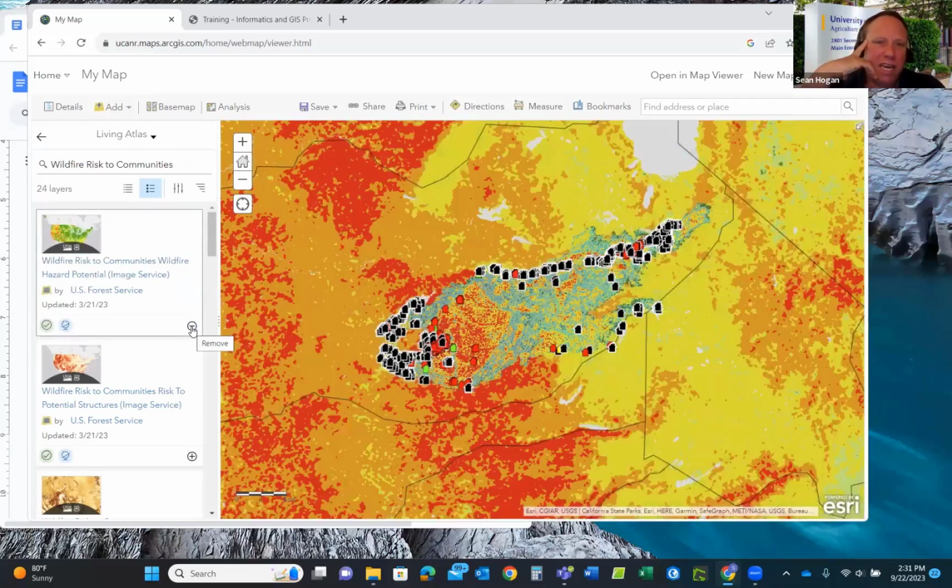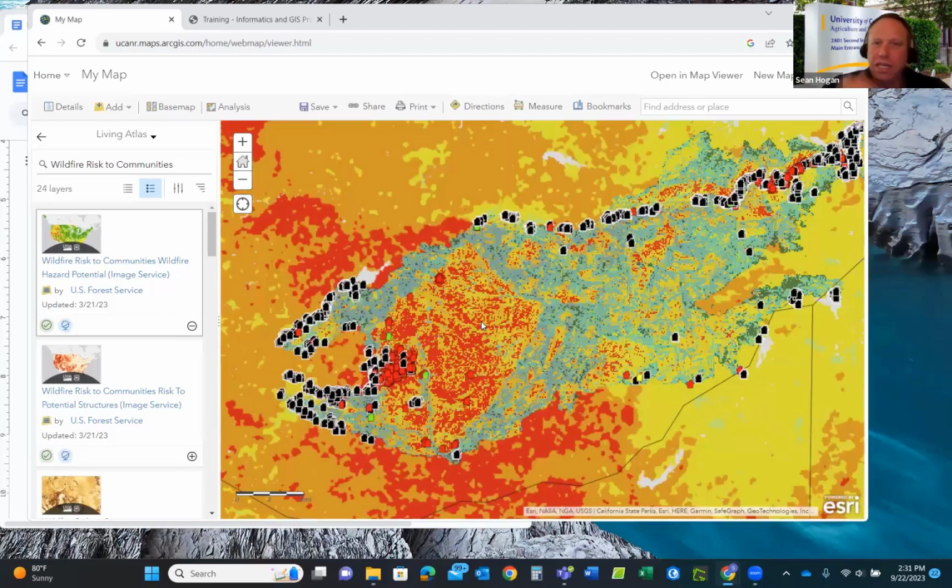Usually it comes in over the top. Well, in this case, it's a base layer, just the way this type of service is. Oh, so an image service is a base layer. So it came in underneath all my data. I brought this in for a reason because I found this kind of neat to show how,